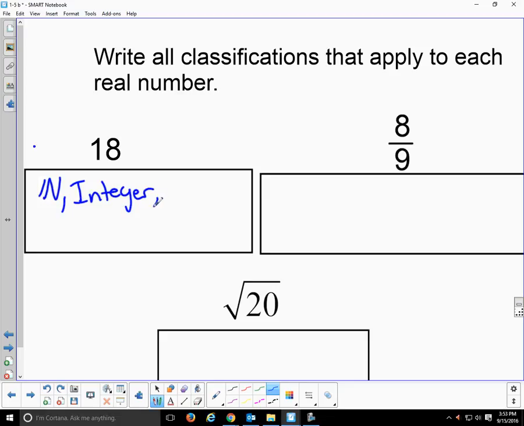Well, let's see, could we write it as a fraction? Could we call it a rational number? Yeah, 18 over 1. Now it's a fraction. Now it's a rational number. Okay, yes, I'm going back to the symbols. I'm going back and forth today. All right, let's look. Could we call it